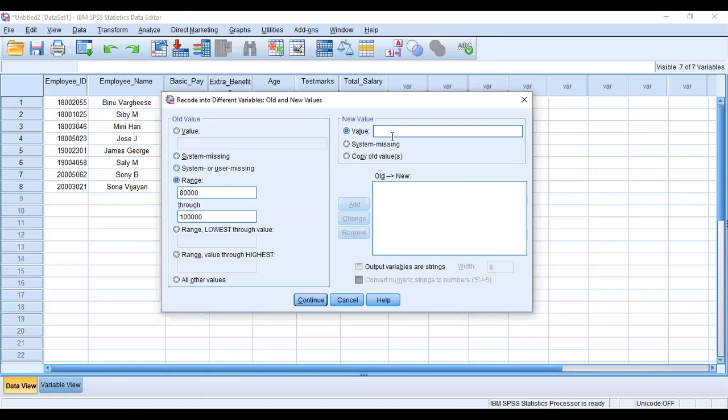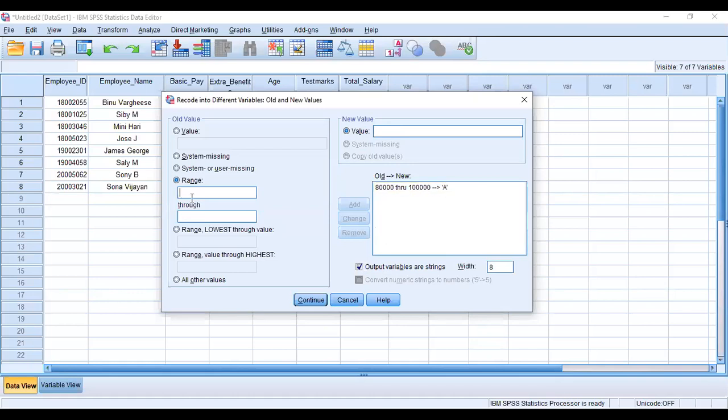So they are string values. If the output should be a string variable, we need to tick output variables are strings. We need to make it on. Then only we can enter the value A.